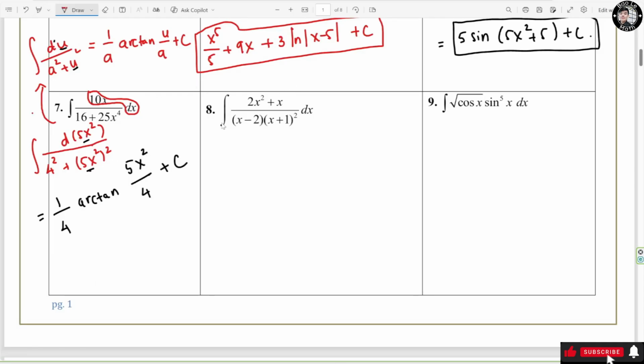Now let's move on to question 8. Observe that the degree on the numerator is less than the degree on the denominator. We need to do partial fraction decomposition, right? And observe that this guy has a repeating linear factor. So this guy can be written as 2s squared plus s over s minus 2 times s plus 1 squared equals, first it could be A over s minus 2, the first factor right here, plus the second factor is going to be B over the linear factor